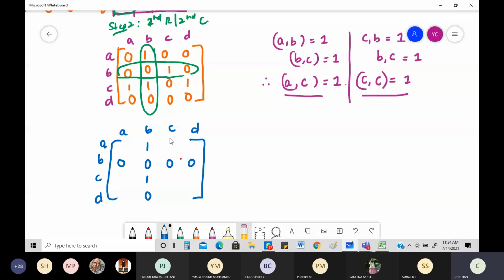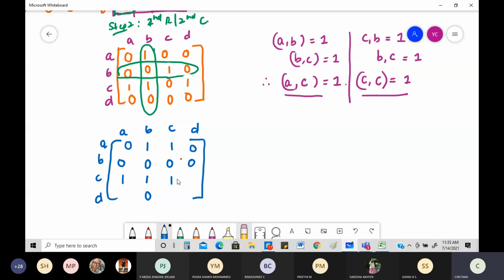So what is that? Be careful. Last time I made a mistake in this. You've got to be careful when you're copying the same values. So do it slowly. 0. Then this is again 0. Then here you come, it is 1. Then it is 1. Anyway, it has changed. Now this is 1 again. And all this one has not changed. So 0, 0, 0. So this is also over now.